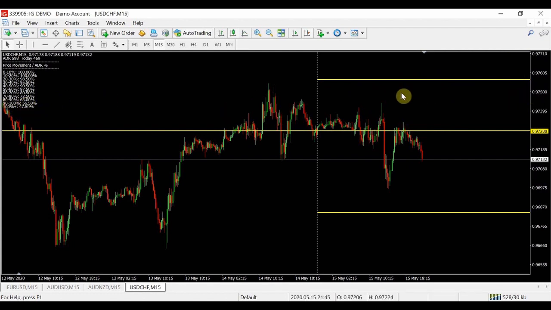So maybe setting it at 90% of the ADR for potential stop loss would be the ideal place to put it. So again, this is where you can use it if you are intraday trading. Also, where you're using it is, let's just say for example you were to enter short here, and it's only done 20% of the ADR, so it's hit